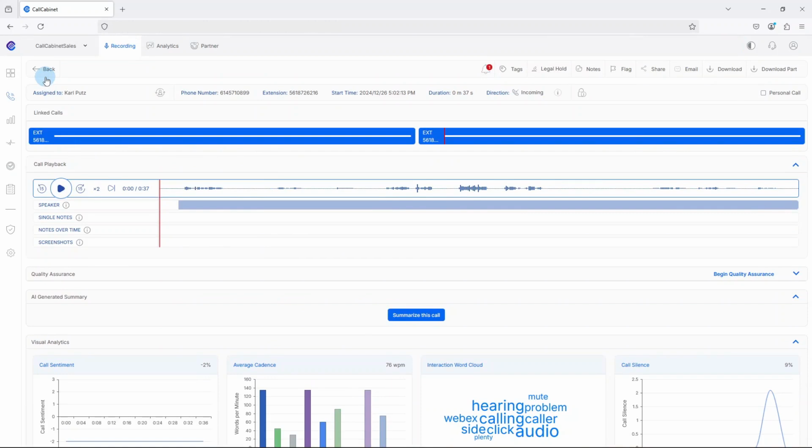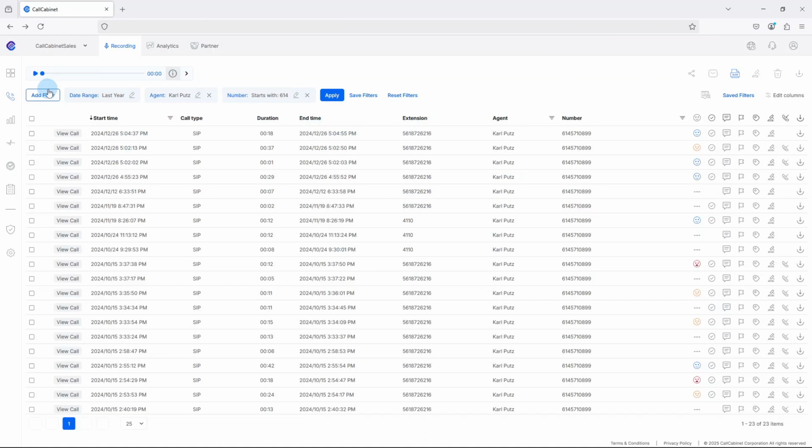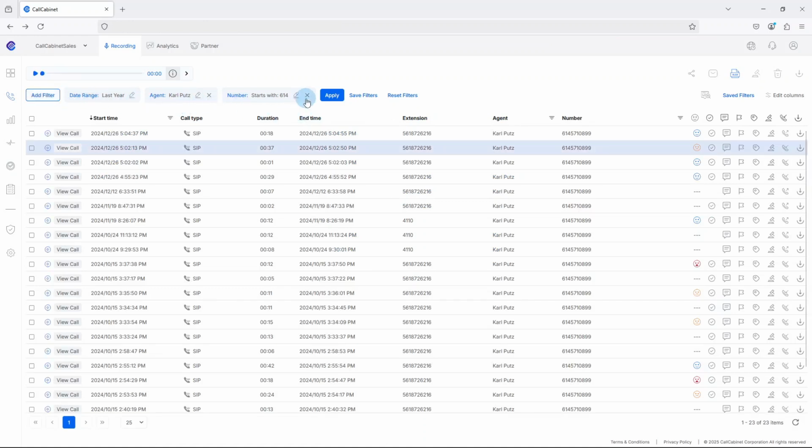To return to your filtered results in your call listing page, you must press the back button from within CallCabinet's interface, and not the back button of your browser nor the call listing menu item, as pressing the browser back button or the call listing menu item will refresh the call listing page entirely and remove your filter constraints. So by pressing the back button, you will see that all your filter constraints will be preserved in your call